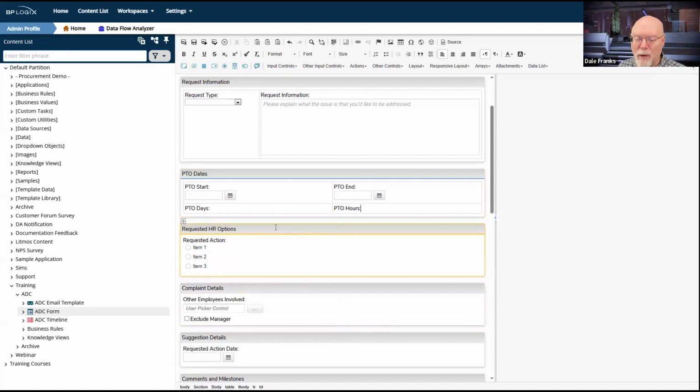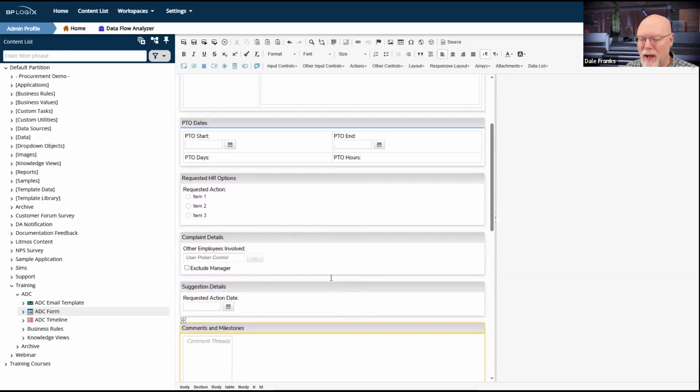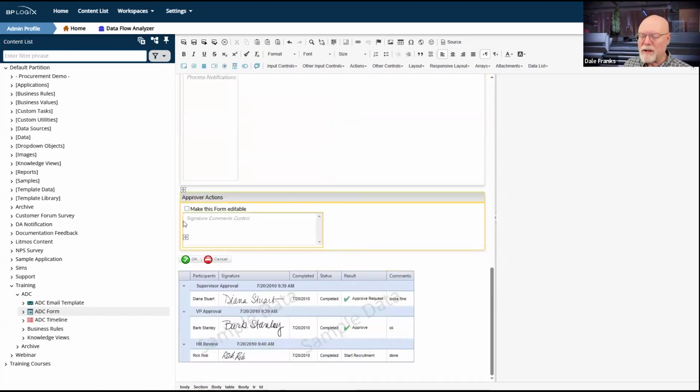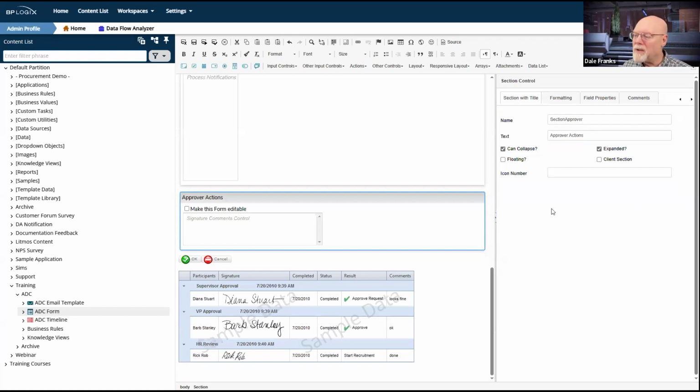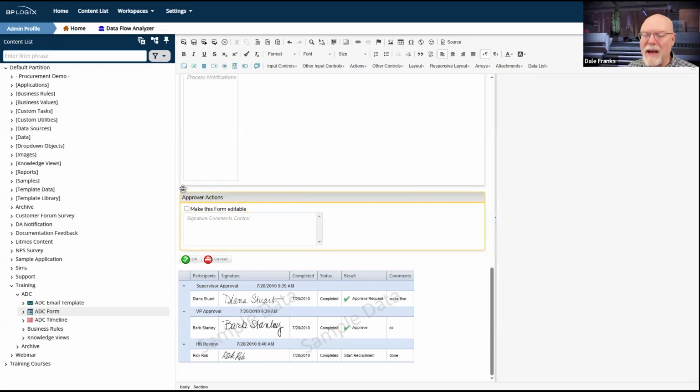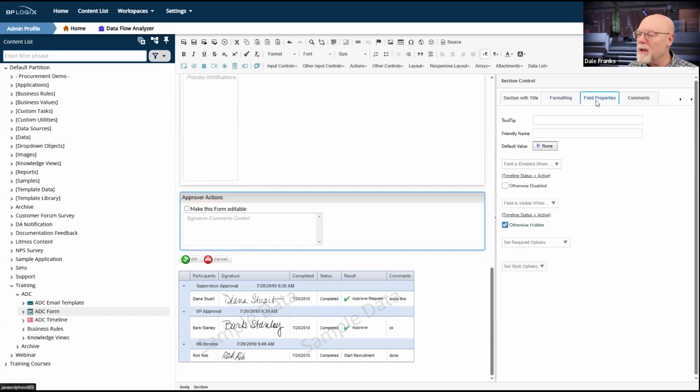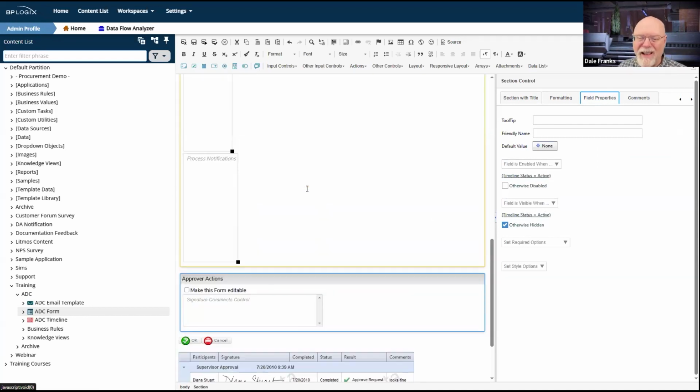There's a couple of things that we need to do in terms of our PTO dates, and I just wanted to do a little stuff here, and I'm going to do that pretty quickly, and then we'll get to the process timeline. One of the other things I need to do here is change this and make it editable. I don't think I did that last week. I may have forgotten. No, I did do it last week. I made it visible and I made it enabled so that we could edit it. So I did cover that last week.